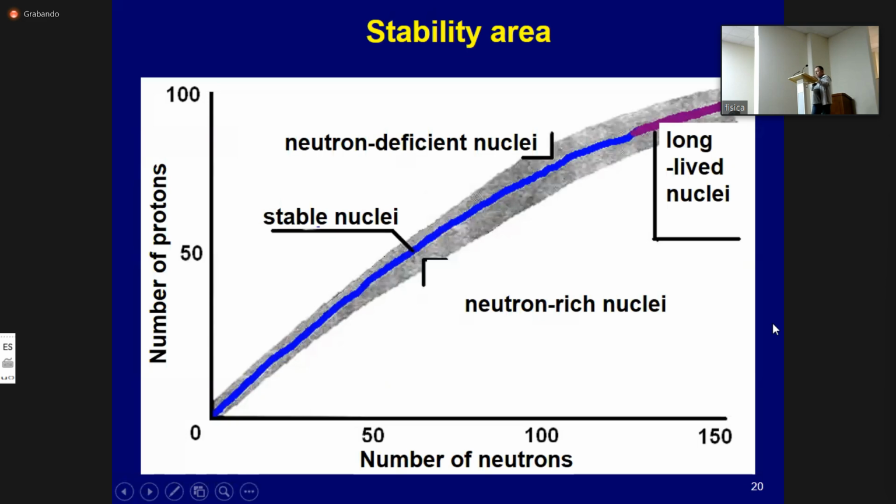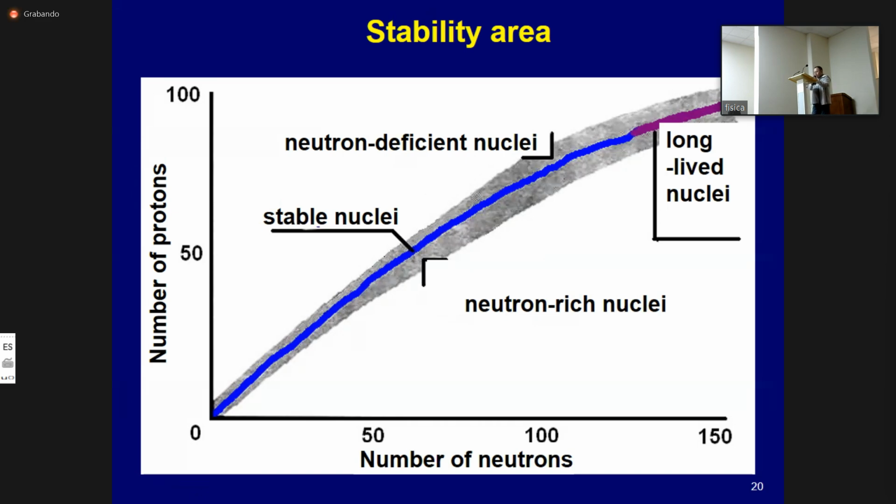Radioactivity is the end result of an imbalance between neutrons and protons in the nucleus of an atom. All stable nuclides are located in the table of nuclides along a relatively narrow band called the stability track, as shown on the slide.